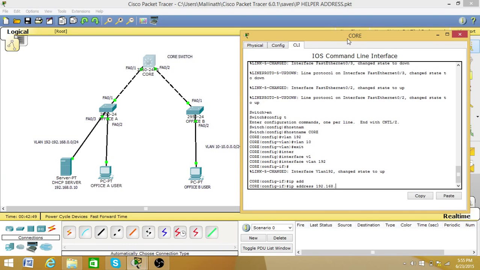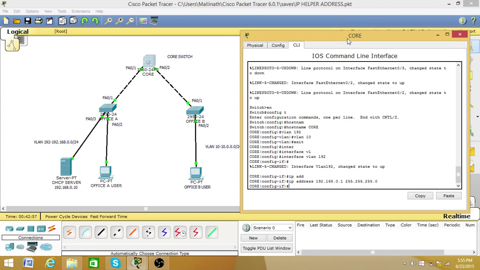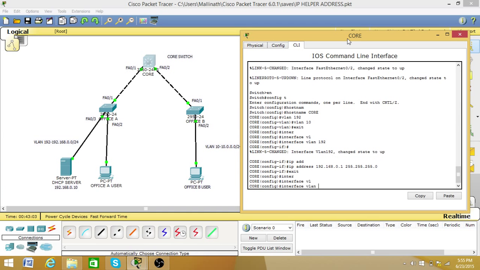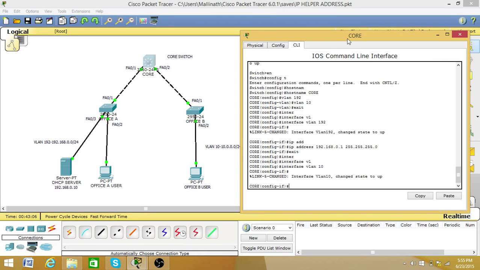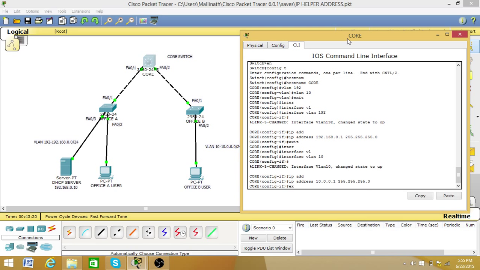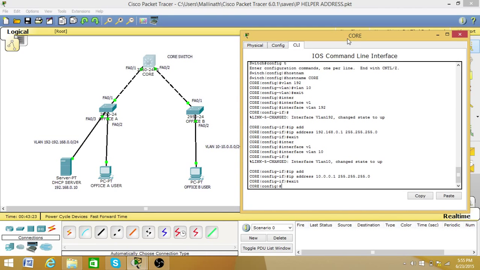192.168.0.1 255.255.255.0, and exit. Then interface VLAN 10, same as 192, put the IP address 10.0.0.1 255.255.255.0, hit enter and exit. This is done, the VLANs are created. We made the interfaces and put the IP addresses,